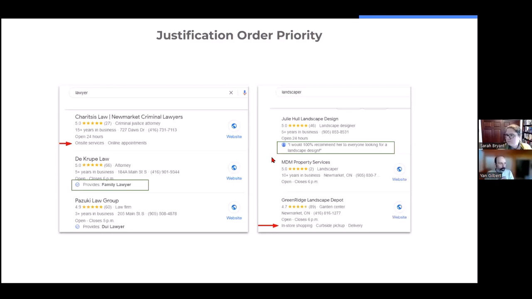And you'll see where the two red arrows are. One says on-site services and online appointments. And then the other one, on the right-hand side, says in-store shopping, curbside pickup, and delivery. So those are chosen by you in your attributes section. If you go into your dashboard and click on the main area and go down, in the attributes section, you can choose on-site services or in-store shopping or curbside pickup. And if you choose any of those categories, those will take precedence over any of the other justifications that can